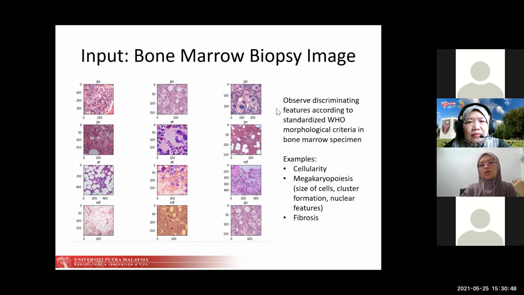From the literature, we know the features of the MPN. From here, we can observe the discriminative features according to WHO, for example the cellularity, the megakaryopoiesis,